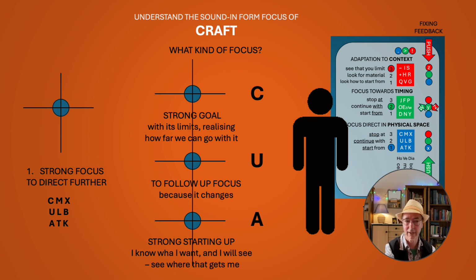And the letters that are related with them can be read here already, because a starting point which is very strong is the A. The A doesn't care where it leads to, and it doesn't focus upon these things. The U focuses completely on how it is learning its process, and here the C is a starting point where it will know its limits and deals with its limits.